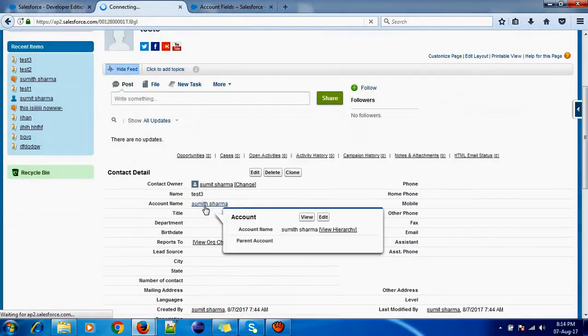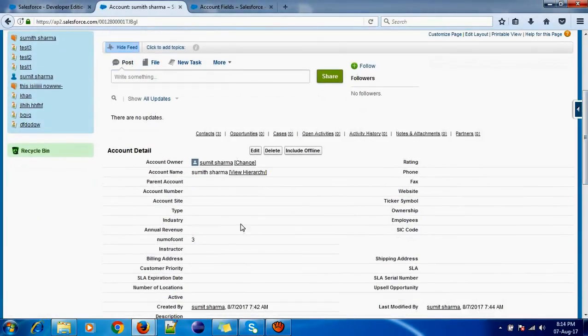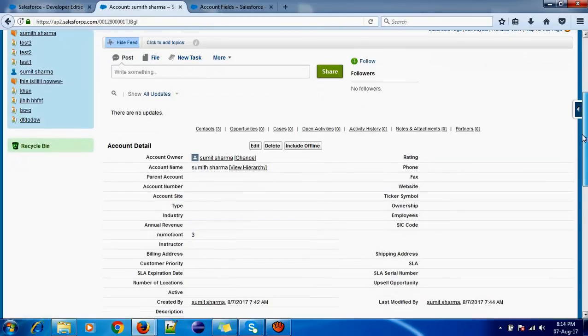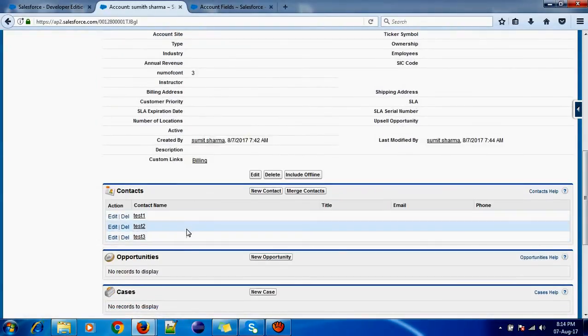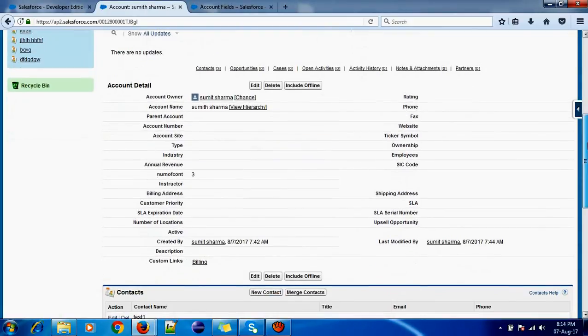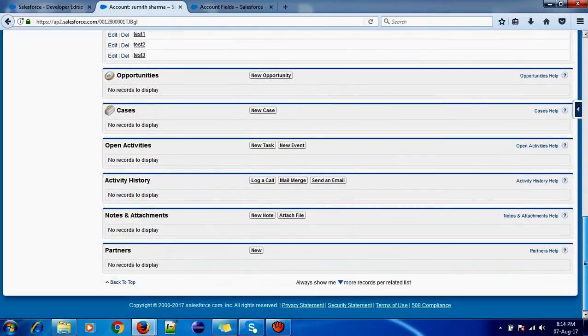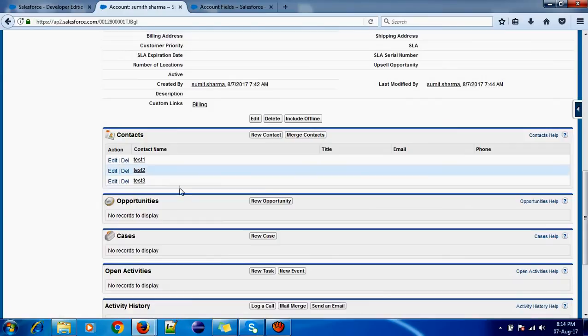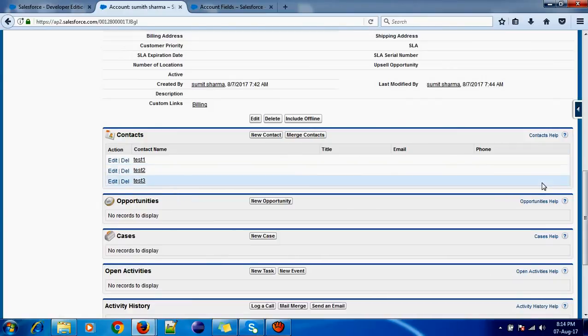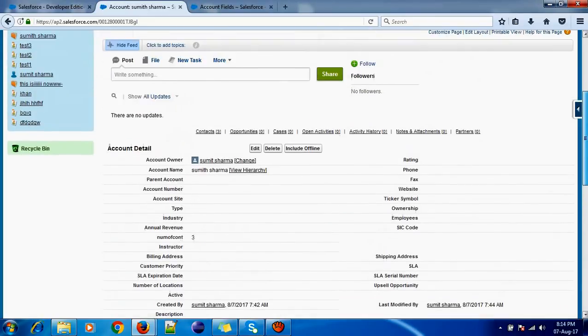Okay, so now it's 3 and 3 contacts. Account and contacts have a lookup relationship. Account is the parent and its children are contacts, opportunities, cases and all, so that's why they are in the bottom. So 3 contacts and number of contacts 3.